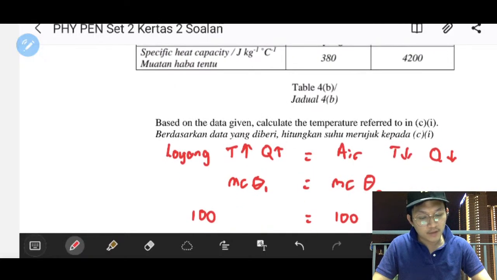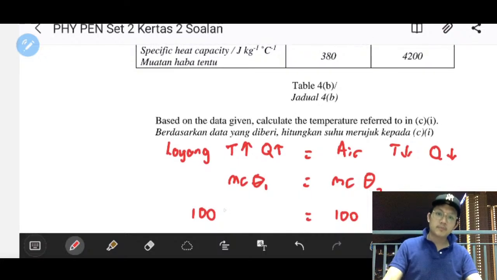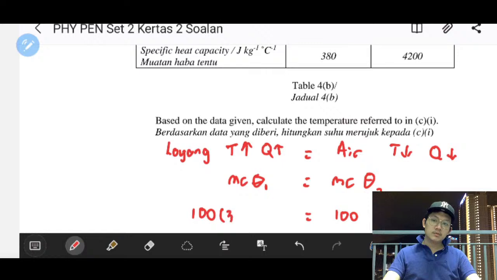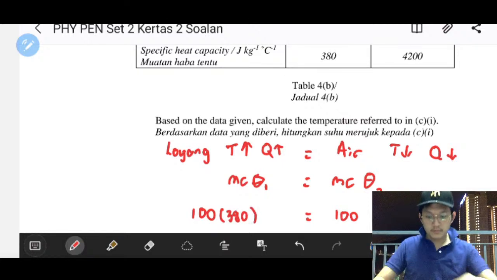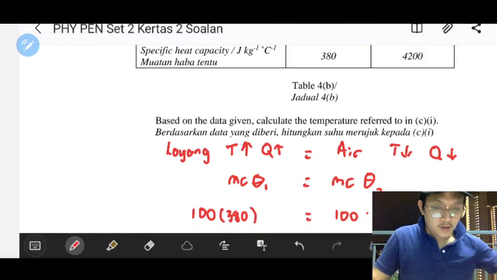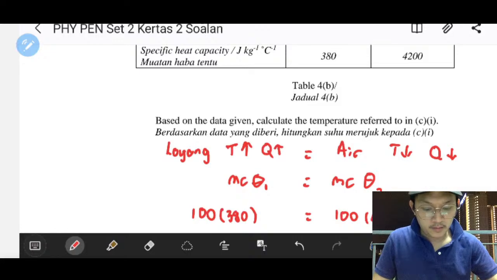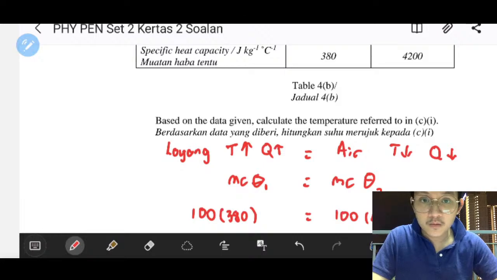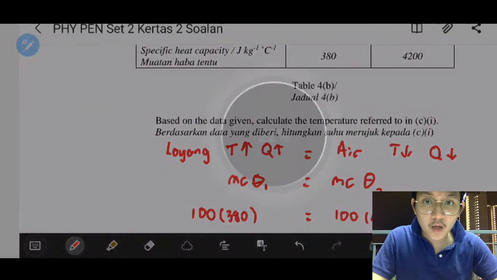So I put back 4,200 lah. Okay. Right. So if we are all okay over here,